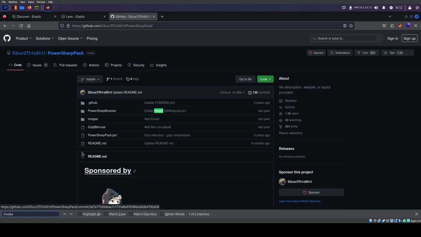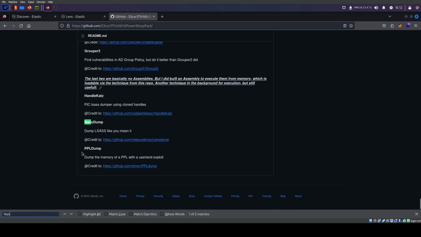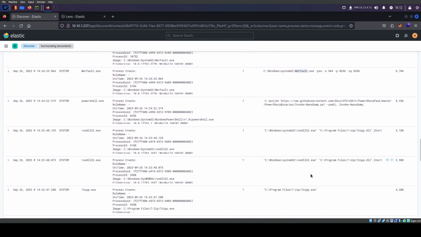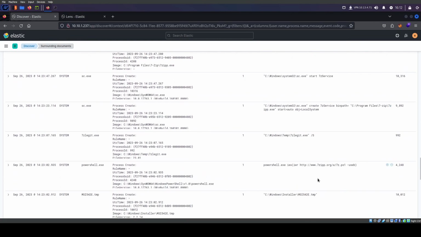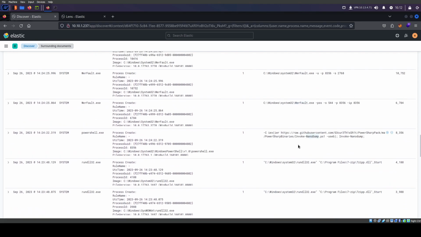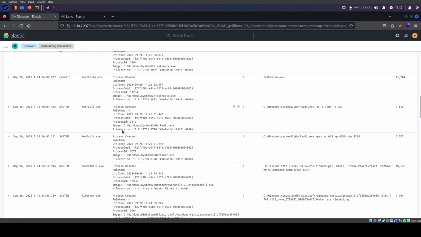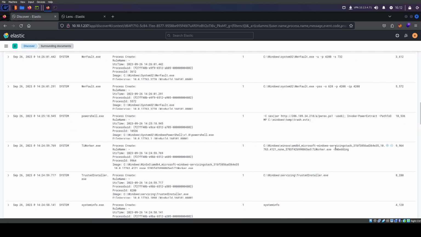Let's see. Invoke. Are you on here? NanoDump. So it dumps LSASS. So this is how you could get like hashes. All right. So it's trying. It looks like it dumped it somewhere. Where'd it go? I already lost it. There you go. I don't like this. This is probably just, I don't believe this is really needed, but that's okay.